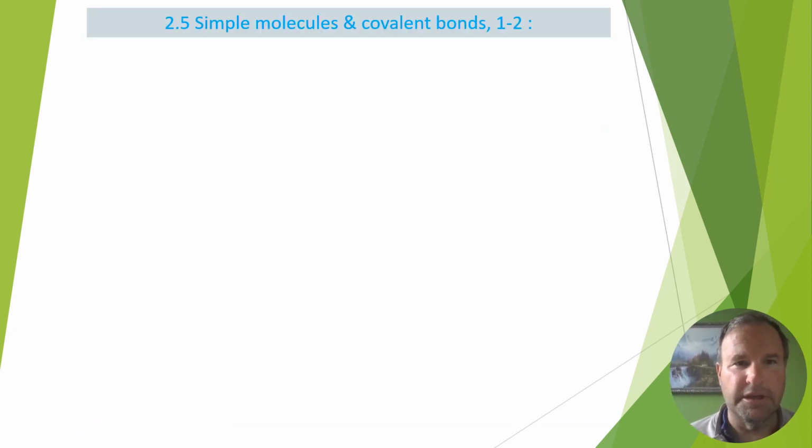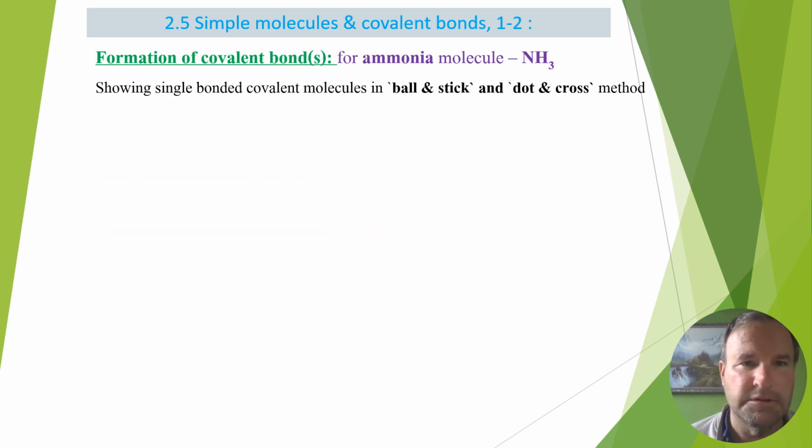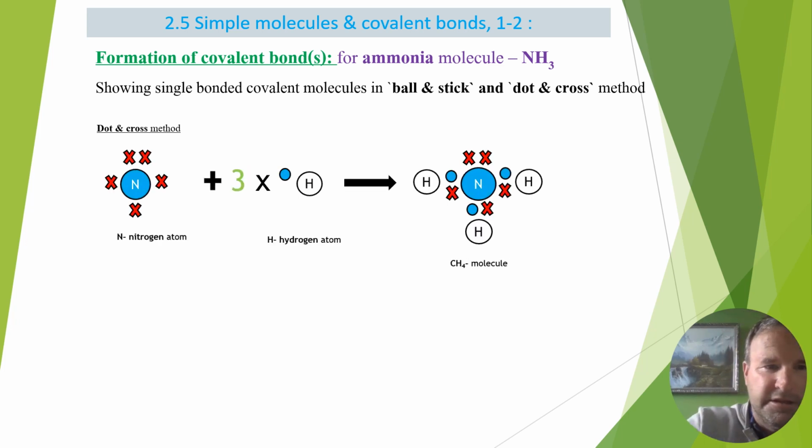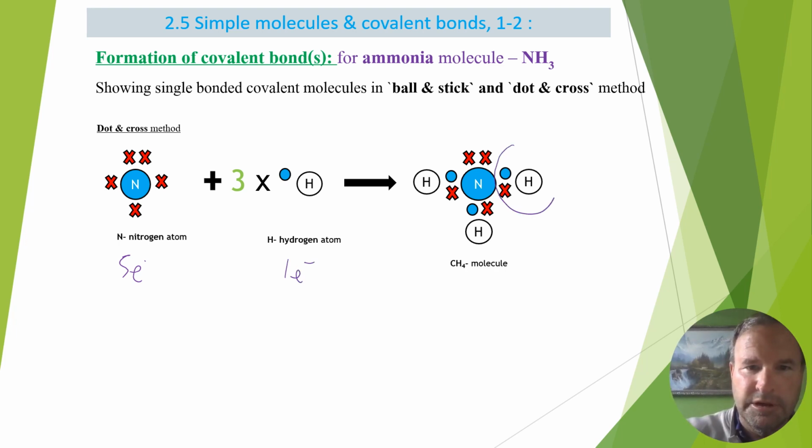Okay, so we're on to the next slide. We're looking at the next simple molecule called the ammonia molecule. We're looking at the dot and cross method here. So you can see that it's got 5 electrons in its outer shell. It's got 1 electron here, and then we've got the hydrogen obeying the duet rule of 2